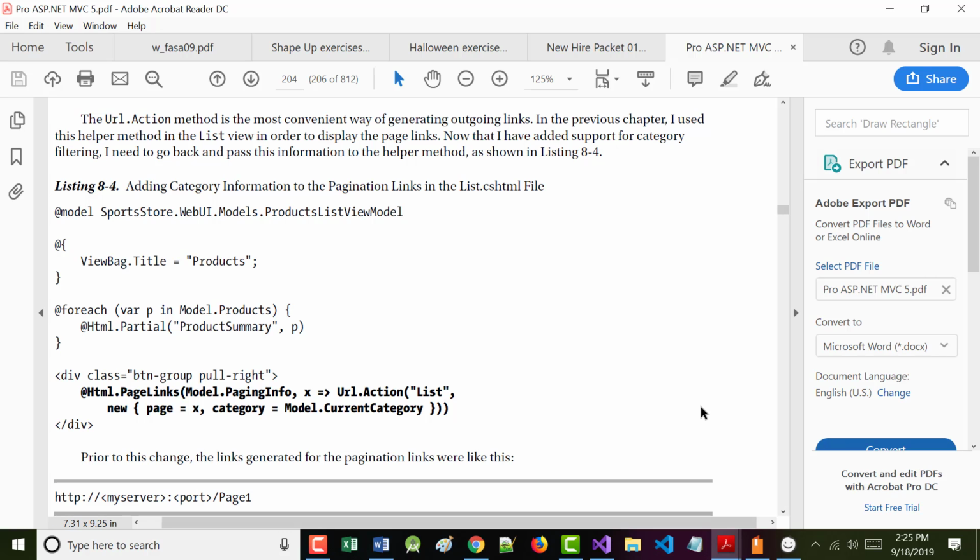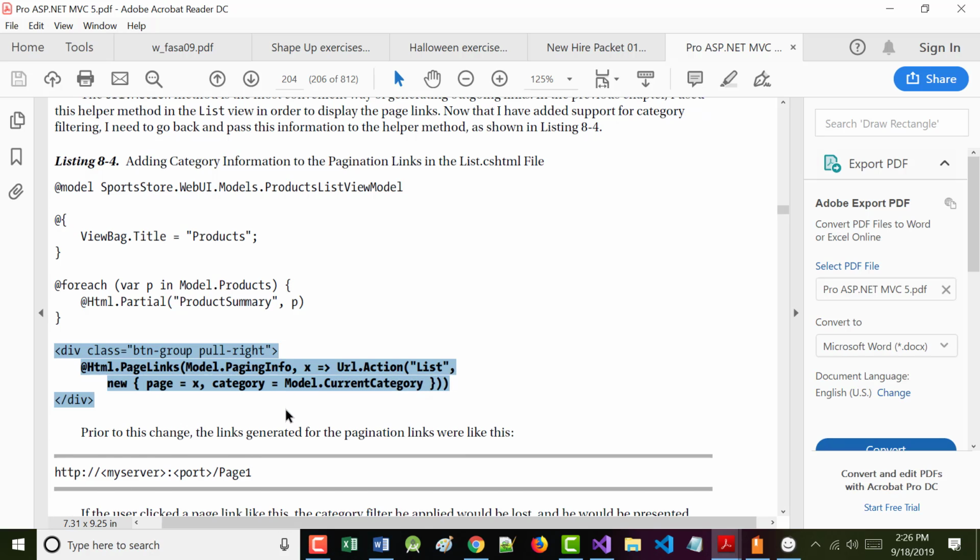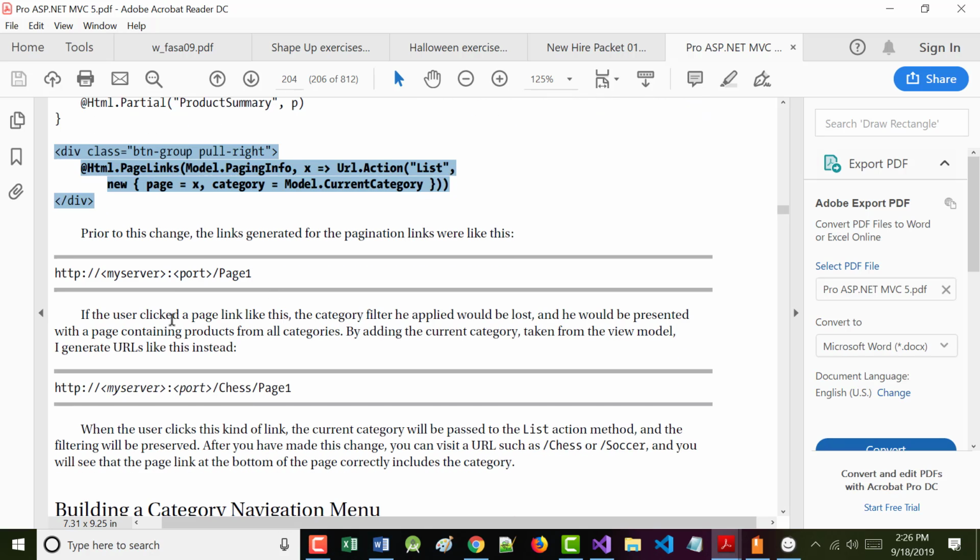All right, let's finish this section. We'll take another break. It says the URL action method is the most convenient way of generating outgoing links. In previous chapters, we used this helper. All right? So we want to go into our list.cs HTML file, and we want to make changes to that div that's at the bottom. Now notice what it says here. It says previously we did stuff that looked like this.